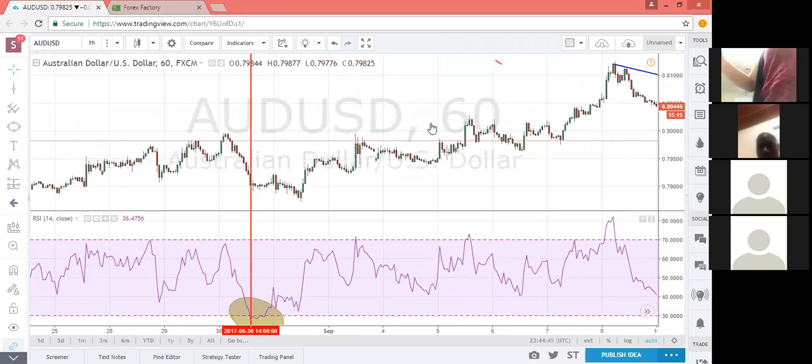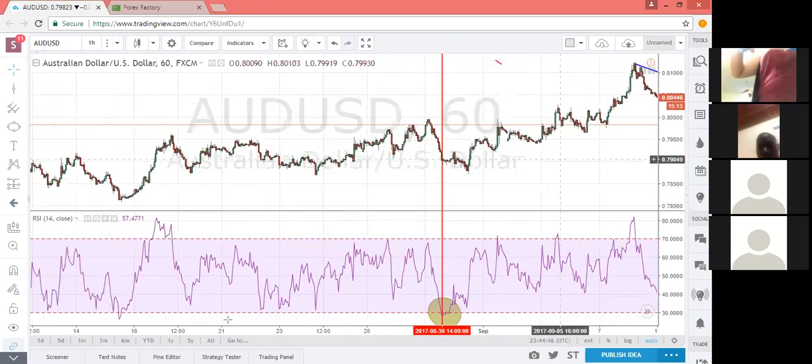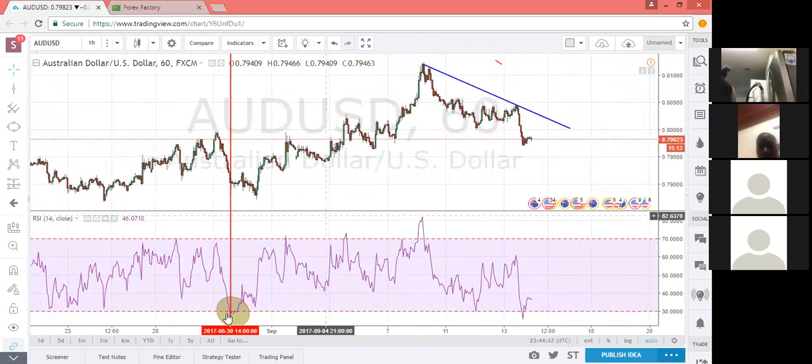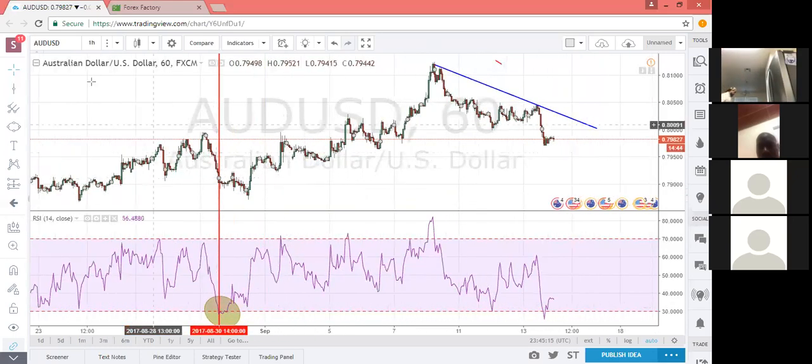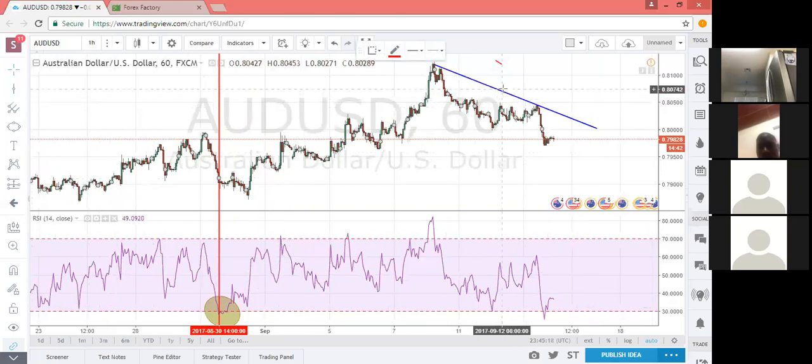And since then, it was oversold territory where the market had just dropped below the 30 line, the 30 level, then it progressively pushed back up a bit. And when it pushed back up, it made a small retracement, and this was really the perfect representation of price. This represents how price is moving. So at the market, you had that particular area where you could have entered, and progressively over the next few days, yet again,